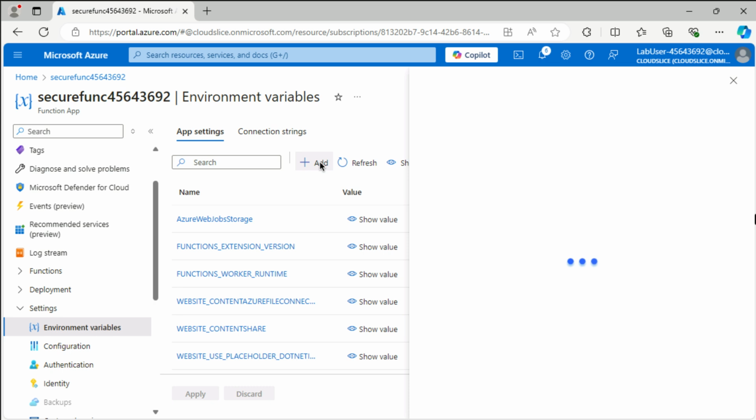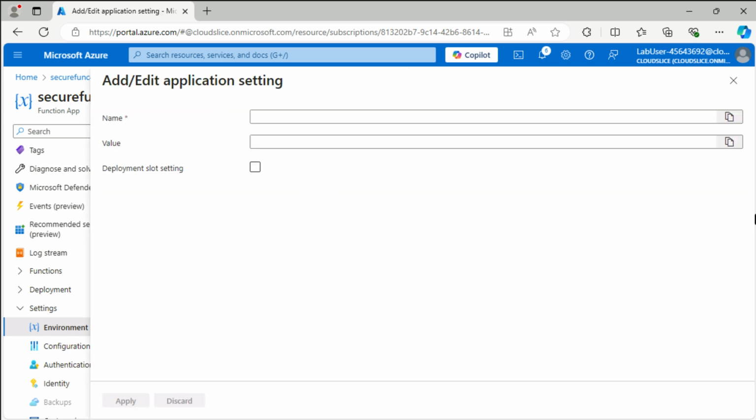And now we can add the secret as an environment variable here. So as the name, we're going to set a storage connection string. So that's the thing that our function app is then later going to try to read. And then as the value, we're actually going to use something a bit different. So we're going to say at,